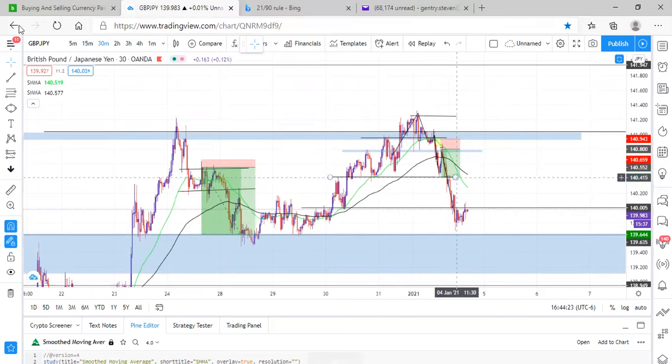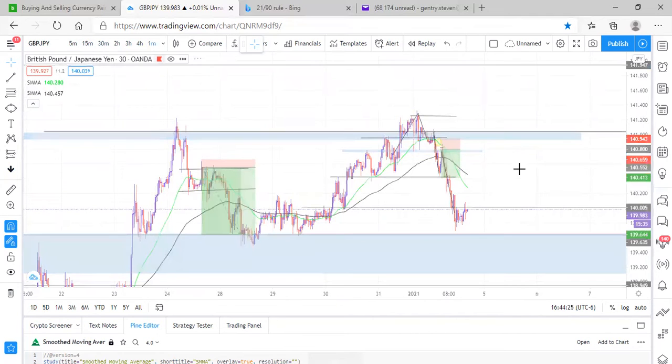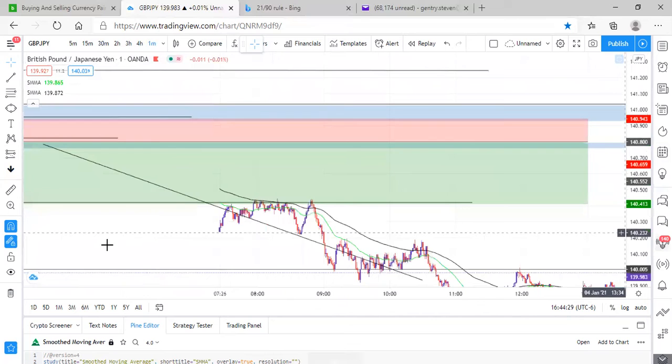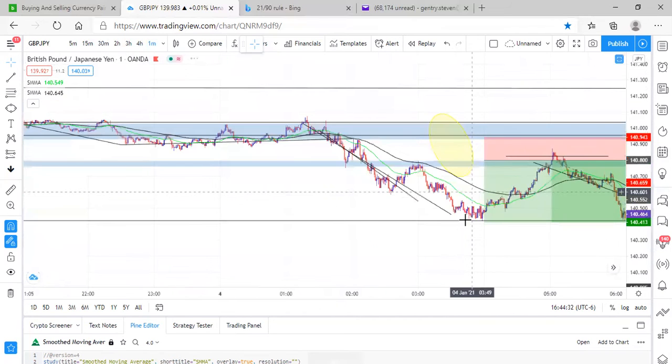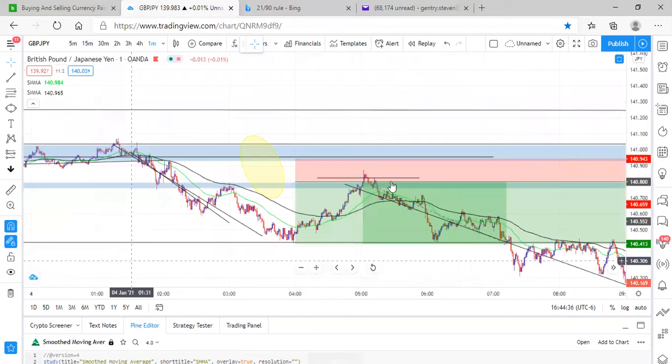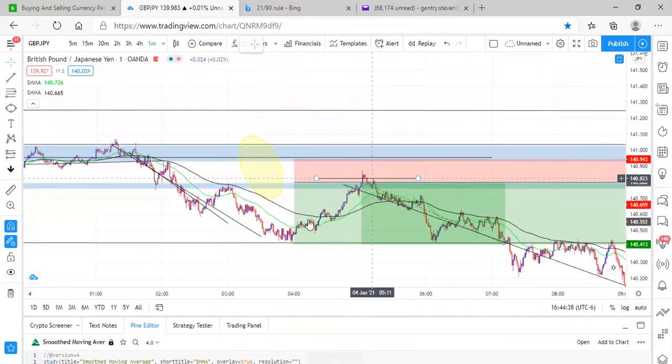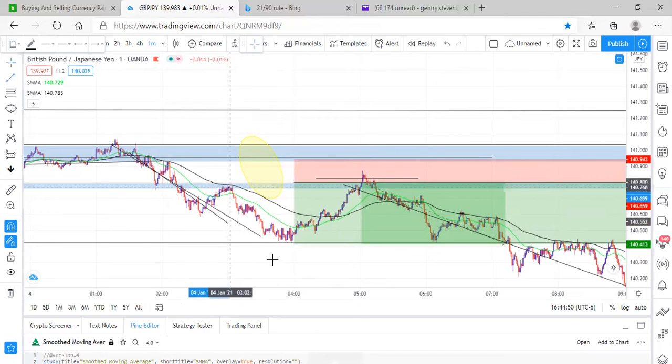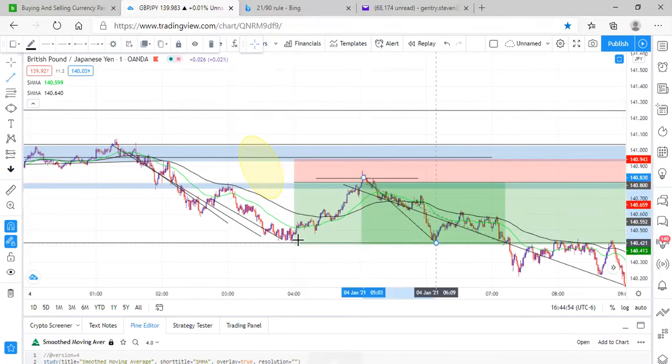But on the 1 minute, one indicator could have been that SMA cross all the way up here. But then as price came back and retested in this area, this was my entry right here. Price came back in this area, and I saw price come in this area before and it sold off. It came in that area, sold off. Came in that area, sold off. So I was expecting the same thing to happen.